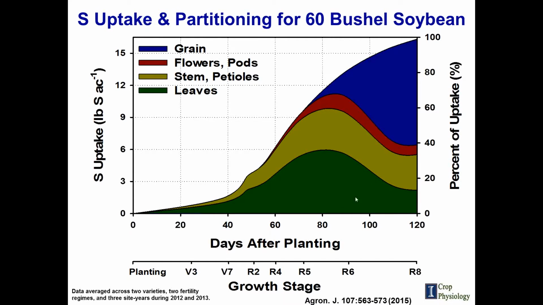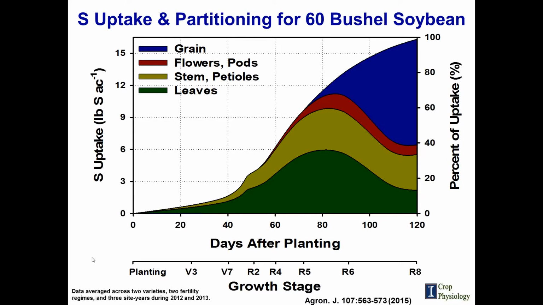And notice that the dark green area represents the leaves, the lighter green the stem and petioles, the red the flowers and the pods, and the blue representing the sulfur that's in the soybeans. On the y-axis we have sulfur uptake in pounds per acre. On the x-axis we actually have two readings for you: days after planting and then the growth stage of the soybeans. And on the right side is the percent of uptake of sulfur by the different parts of the